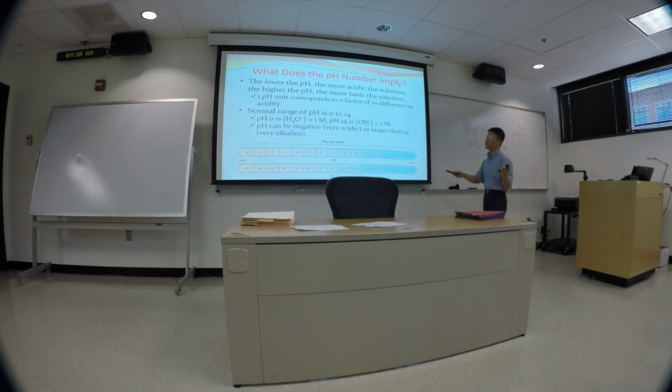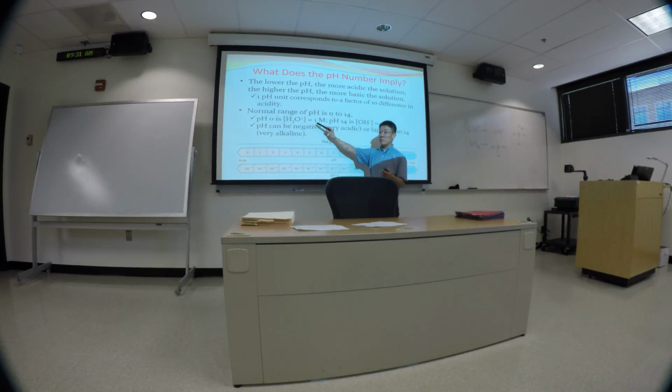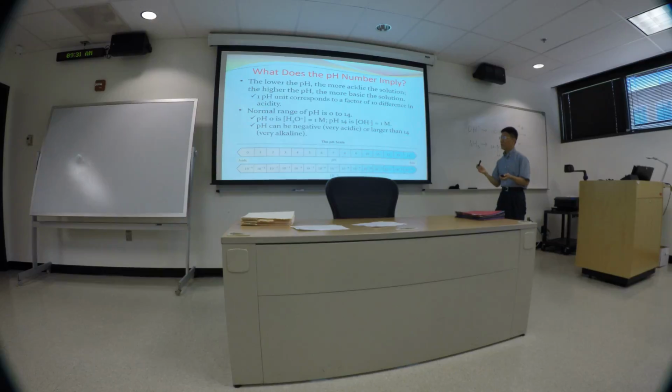The normal range for pH is 0 to 14, but pH could be a negative number. pH equal to 0 is when the concentration of hydronium ion equals 1 mole per liter. Log 1 equals 0. So pH can be a negative number, because if you have a 0.1 molar